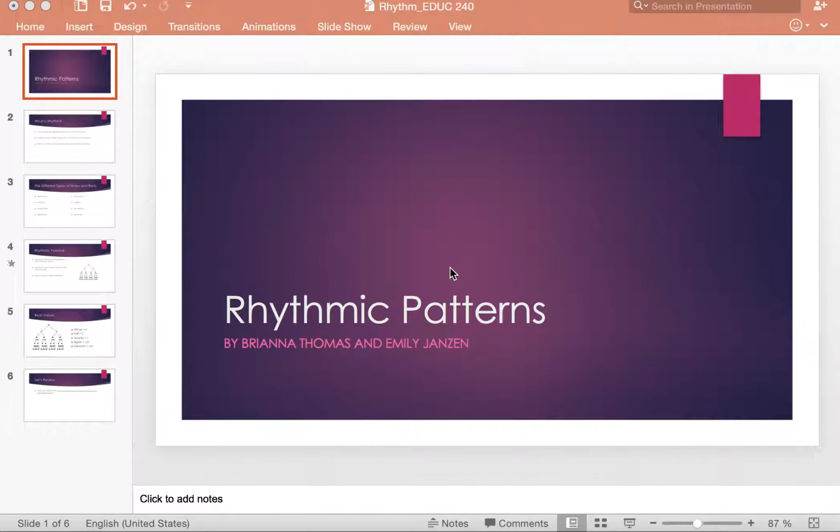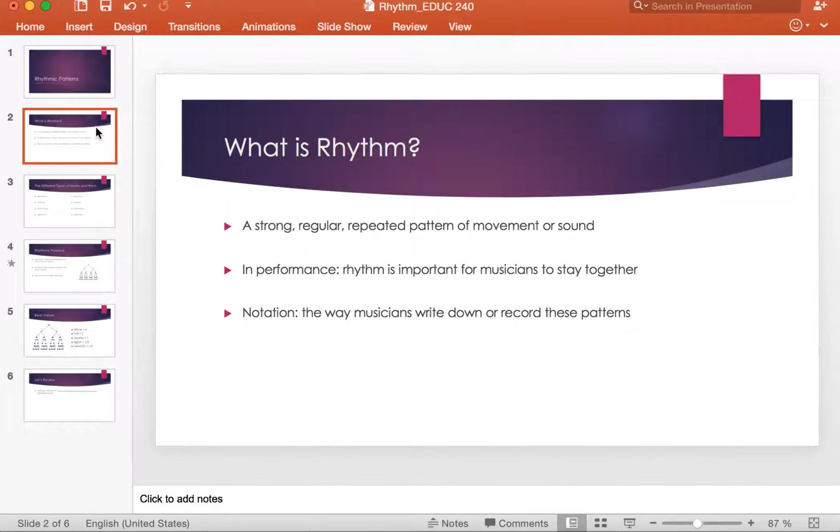Going to cover rhythmic patterns, and it's going to start with the teacher doing a PowerPoint presentation in front of the class. The first slide is going to talk about the generic concept of rhythm in an everyday sense. Then it will talk about rhythm in a performance in the world of music. Then we'll continue to talk about rhythm in the concept of notation and how we write down and record the